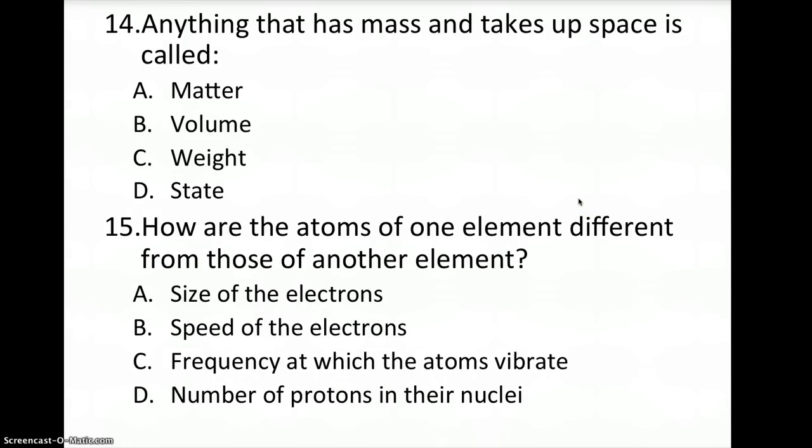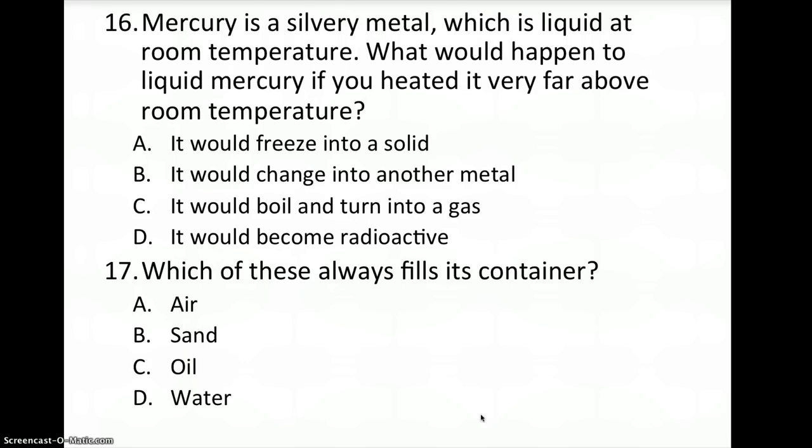15, how are the atoms of one element different from those of another element? A, size of the electrons, B, speed of the electrons, C, frequency at which the atoms vibrate, or D, the number of protons in their nuclei. Nuclei is a fancy way of saying many nucleus, so number of protons in one atom's nucleus. 16,